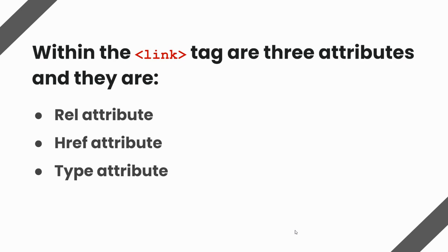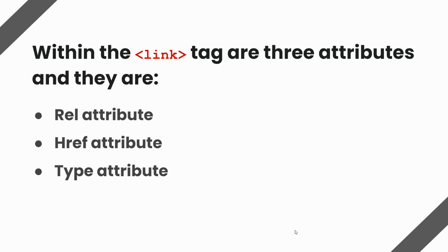Yeah, so like I said earlier, I was going to describe the link elements and explain what each of these attributes actually do within the link tag. So within the link tag are three attributes, which are the rel attribute, the href attribute, and the type attribute. Like I said before, the link element is not limited to these three attributes, but